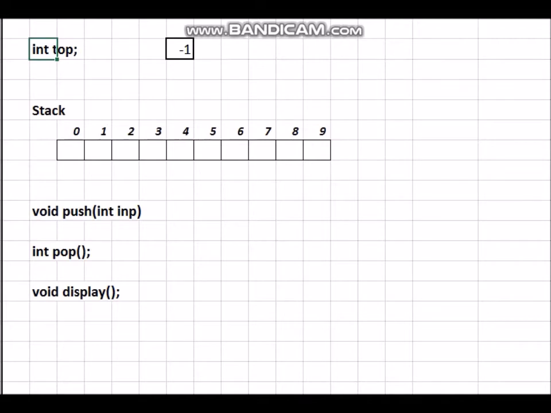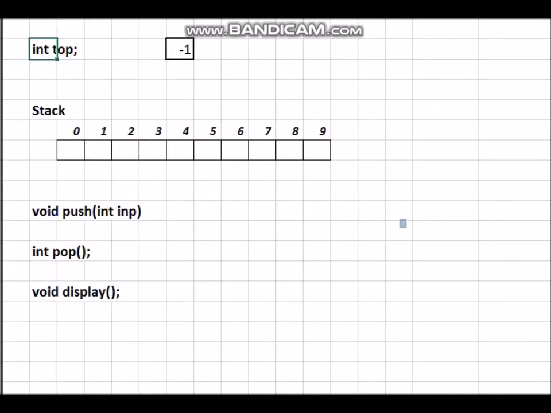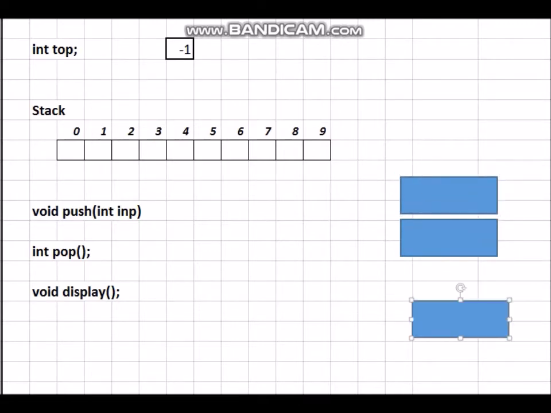Let's diagrammatically see what a stack looks like. Let's say we have a box, and we have one more box, then that box is on top of this. If I have one more box, it will be on top of this.